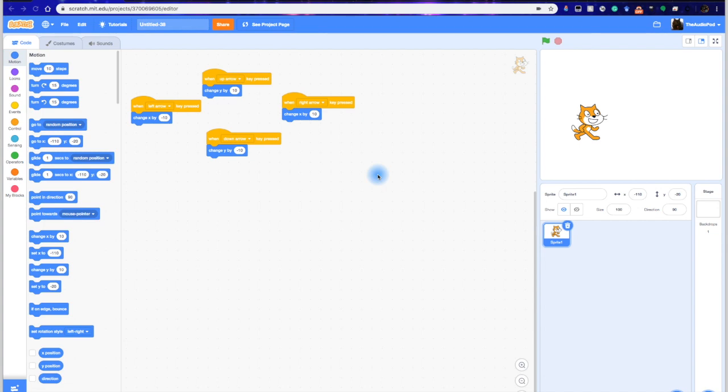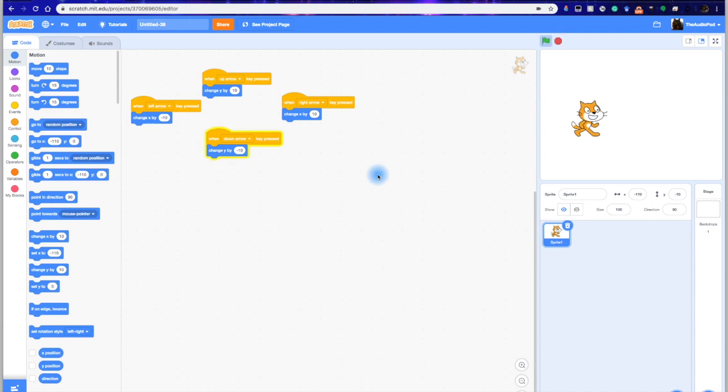For today, we're going to do a simple Pac-Man game with 2 or 3 different sprites. The idea is we want to have one of the sprites touch 1 or 2 other sprites and then have those sprites disappear. So what I did in a previous video is I set up a very simple up,